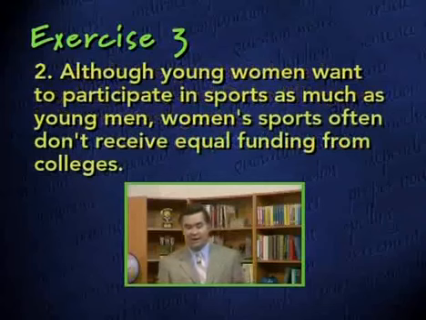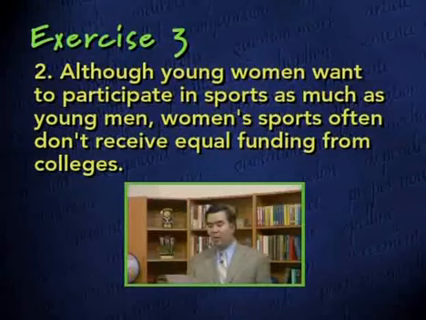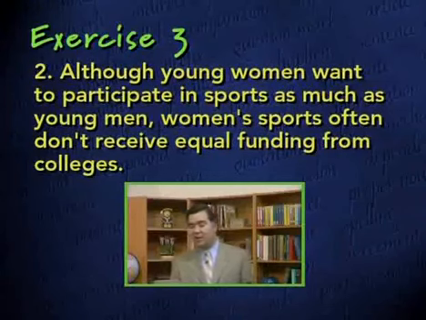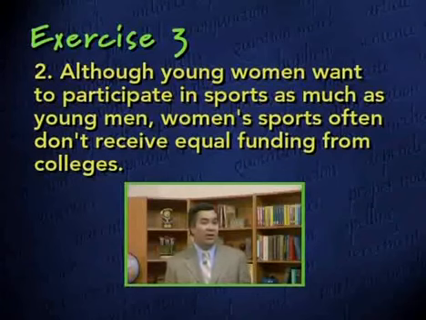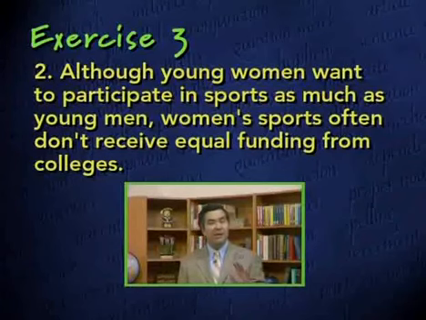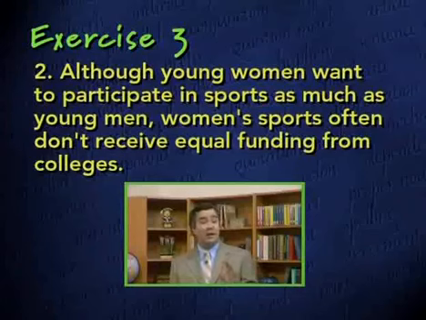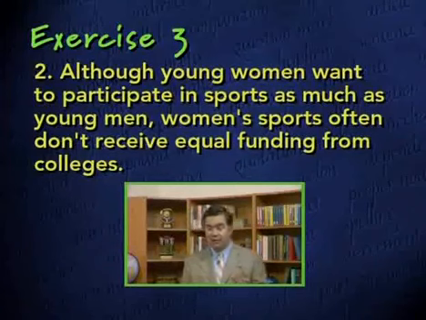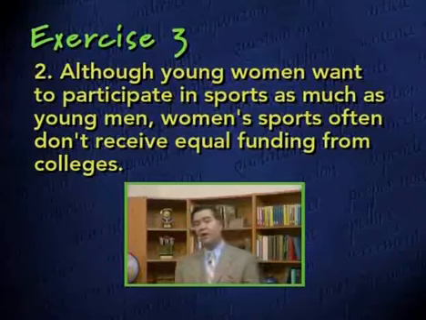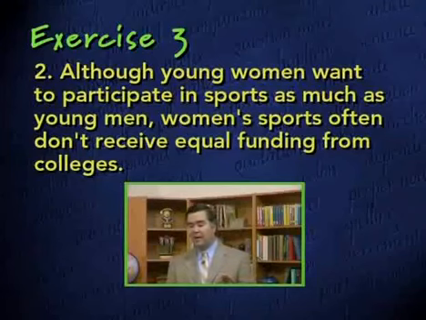Let's look at our second example. Although young women want to participate in sports as much as young men, women's sports often don't receive equal funding from colleges. Here we have a slightly longer sentence, but it's still fundamentally not too complicated. It really consists of just two clauses. Let's break it down into parts and analyze each one. The first clause is everything before the comma, and it reads, although young women want to participate in sports as